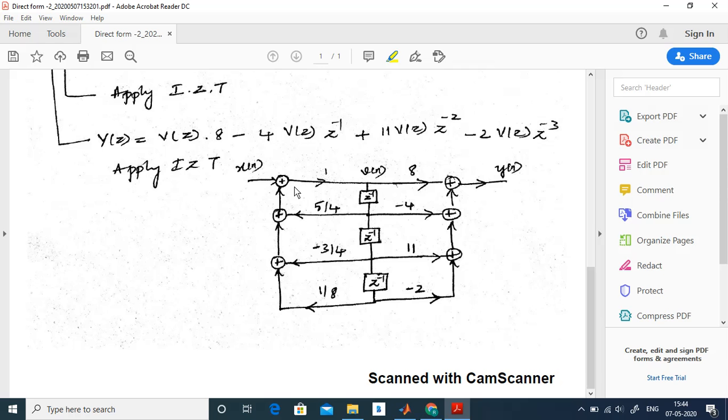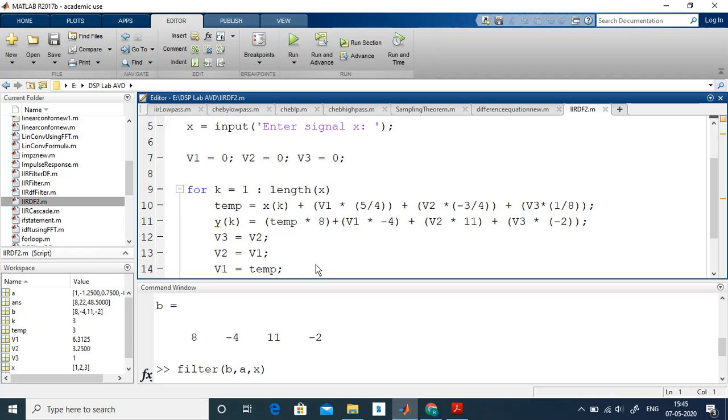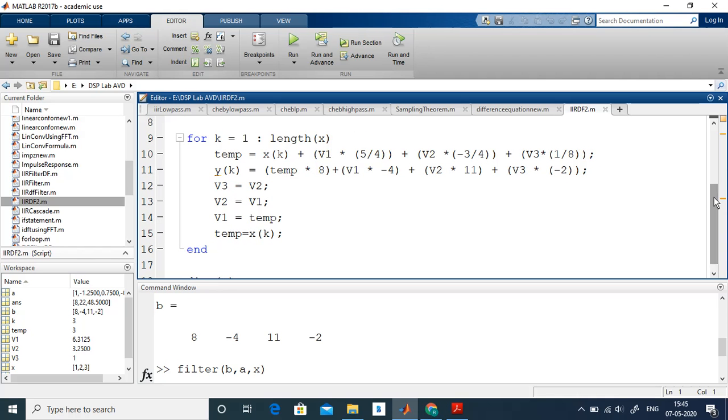Similarly, when third input enters, first input is already there, should come here so that it will allow second input to enter. So second input will come here and third input will enter now, something like that. So for that we should perform swapping operation. What is already there should be copied by this, like this. So here I am doing the same. V3 is equal to V2, V2 is equal to V1, V1 is equal to temp. Just swapping operation because process cannot happen instantaneously. We need some time. That's why delay is associated there.